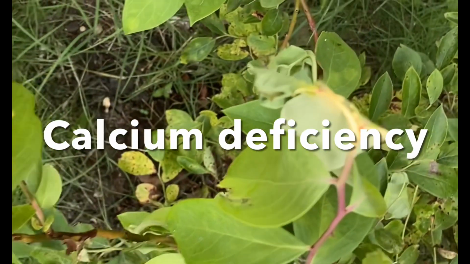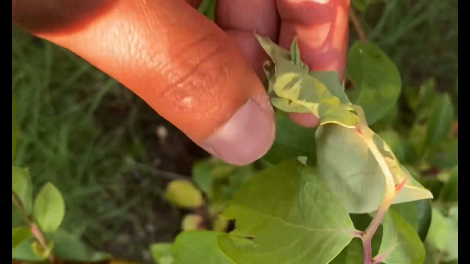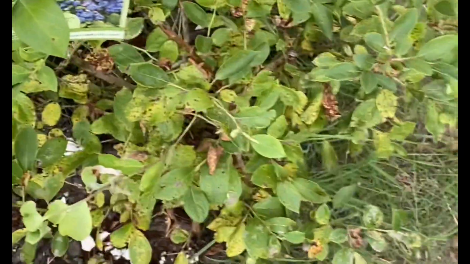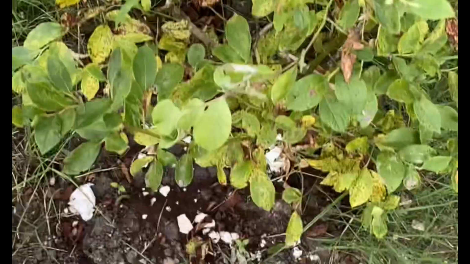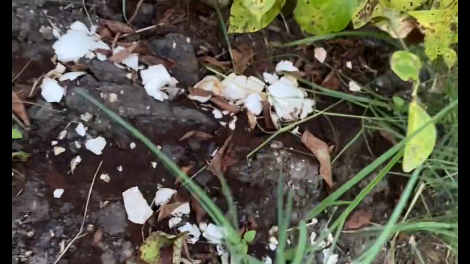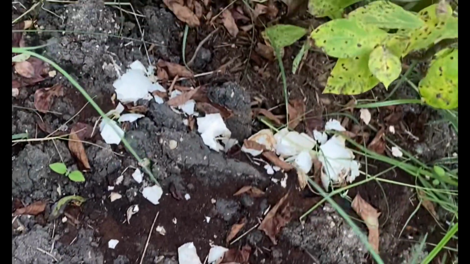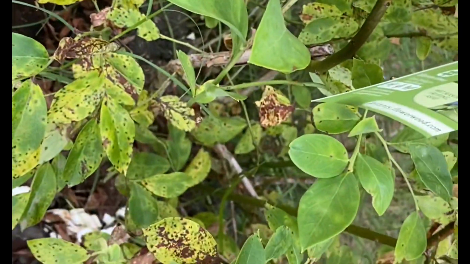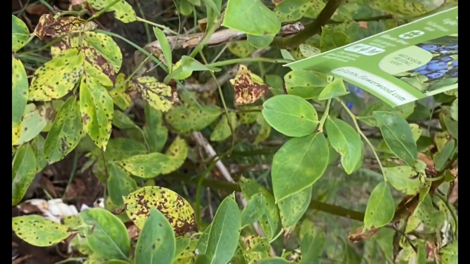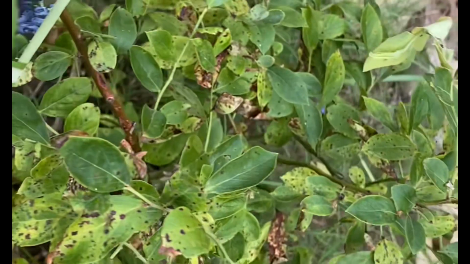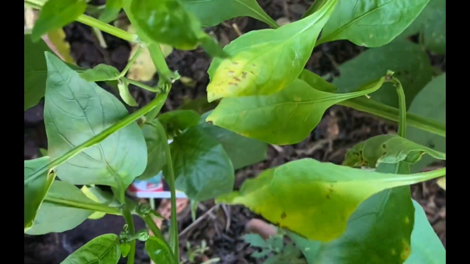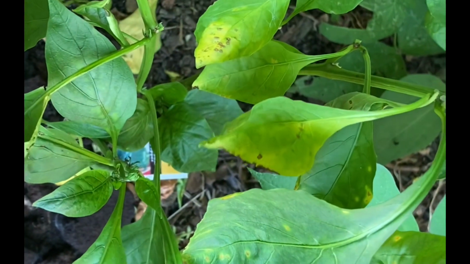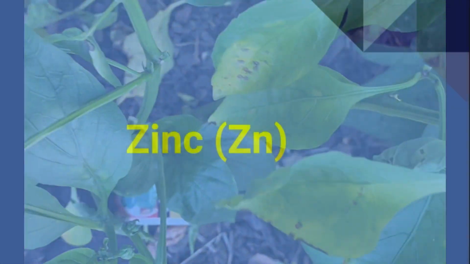For calcium deficiency, you can see the blueberry plant here and its leaves. Drying starts from the tips of the leaf and eventually the whole leaf will become dappled with unpleasant spots. New leaves are pale and start to curl at the edges. Yellow or brown spots appear on leaf edges. Eggshells have a lot of calcium, so adding eggshells to the soil as shown here is an option, or adding agricultural lime, which is calcium carbonate, or you can alter the soil pH.